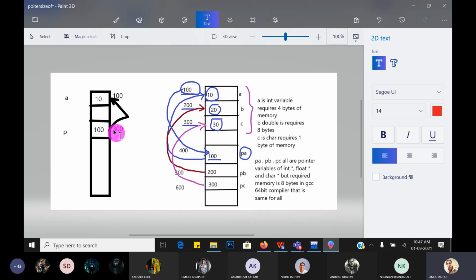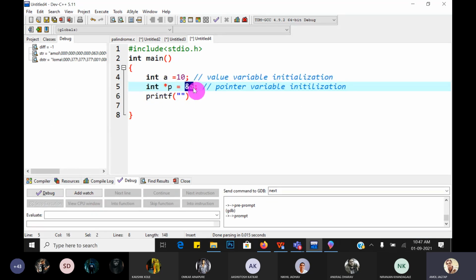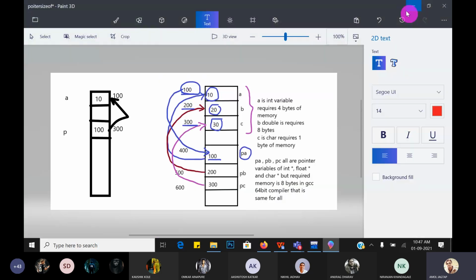So a pointer points to the address location. Which address is stored into P? P stores the address of A. So the address of A is stored into the P variable. Hope you understand. So this is the graphical representation.